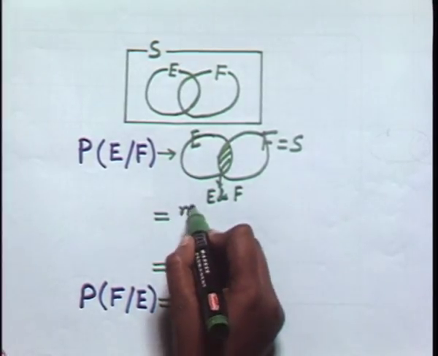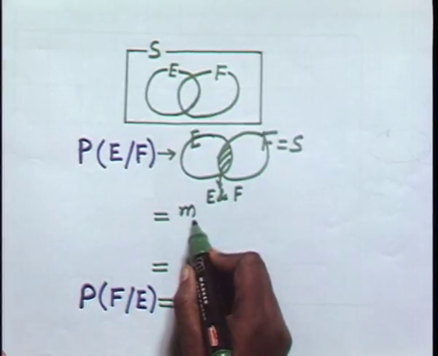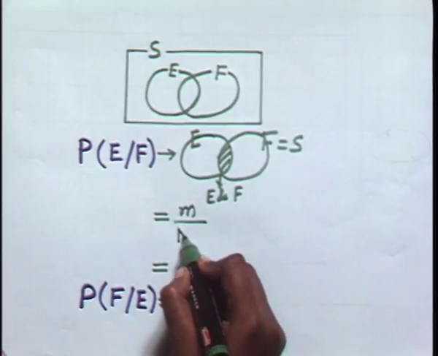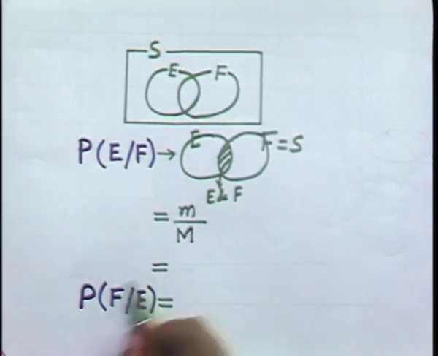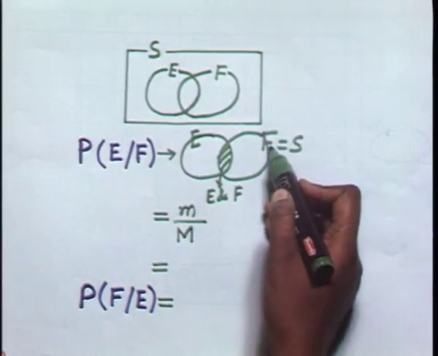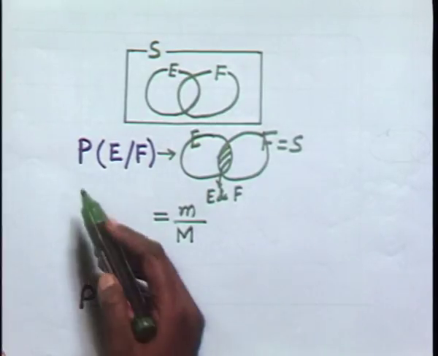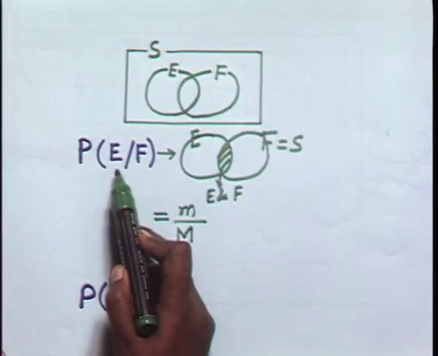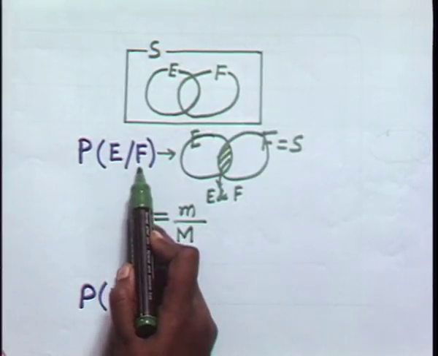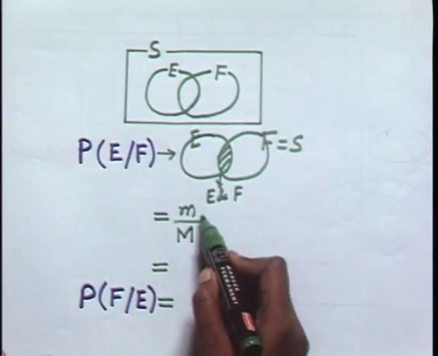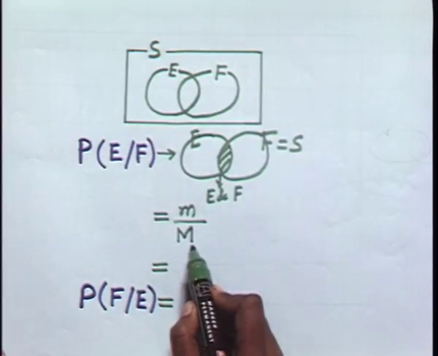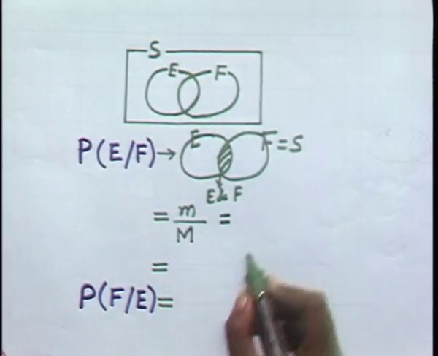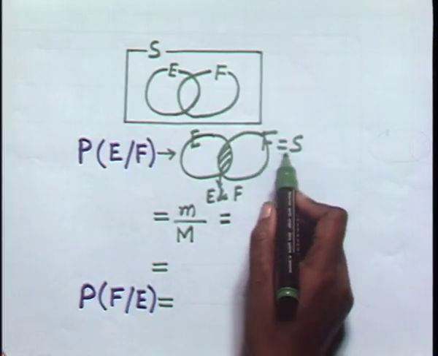If small m is the number of elements in the set defining the event E and F, and capital M is the number of elements in the set defining the event F, then probability of event E when it is known that event F has already occurred is given by small m by capital M. If we divide numerator and denominator by n, which is nothing but the number of elements in the sample space,